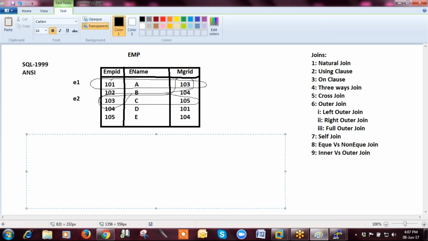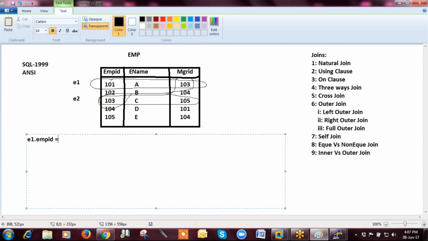So what is a self join? A self join is when you are referring to the same table to create your joining condition. That particular join is called a self join. So when I write E1 dot emp id, what is the value of this E1 dot emp id?